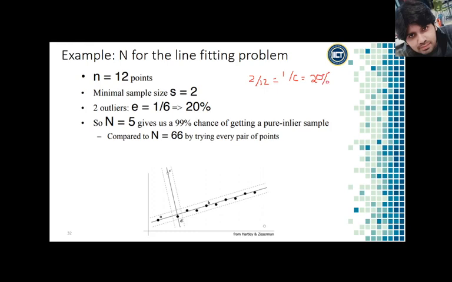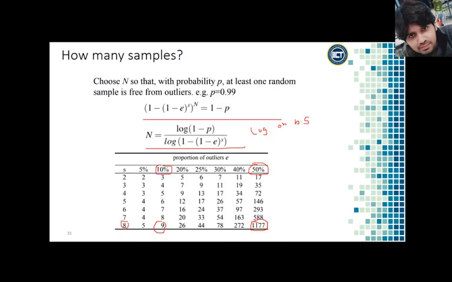So this is how this is calculated. If we use the previous formula, n equals log of 1 minus p divided by log of 1 minus, 1 minus e to the s,